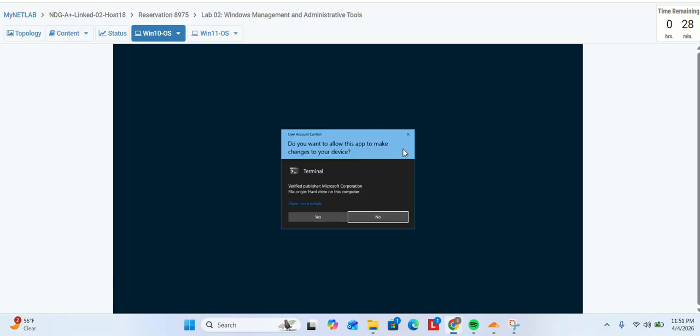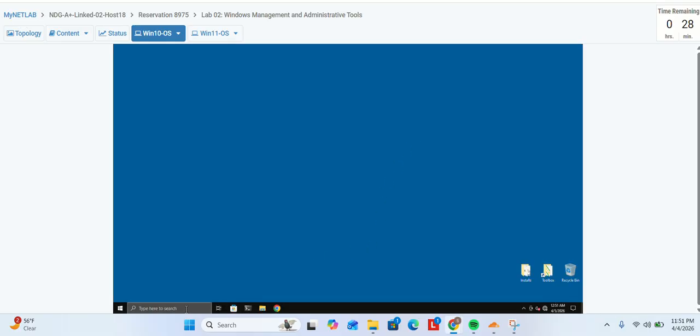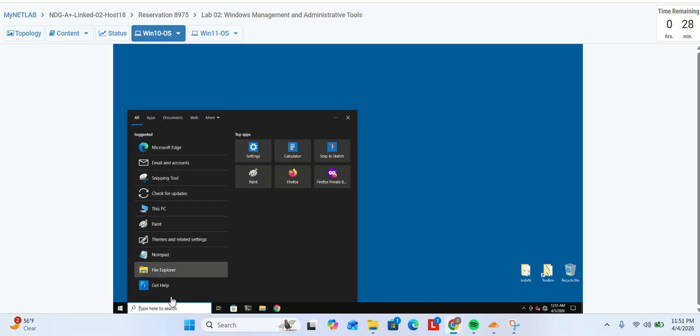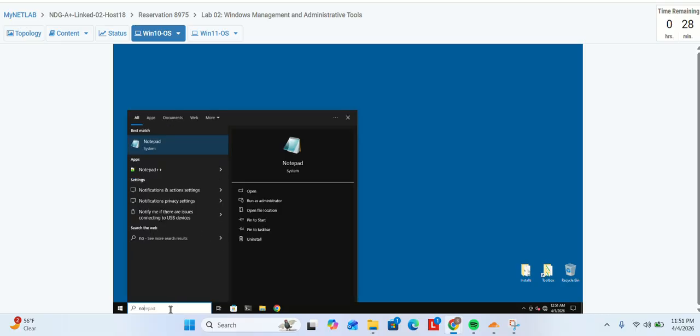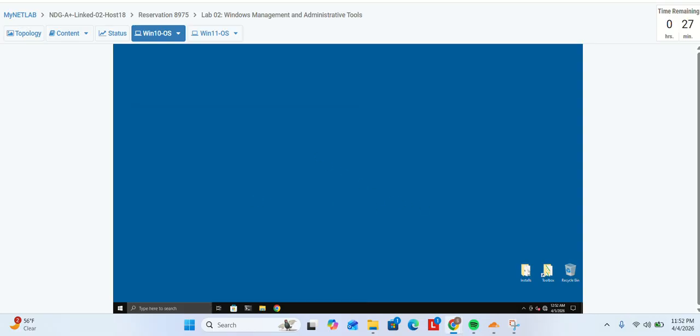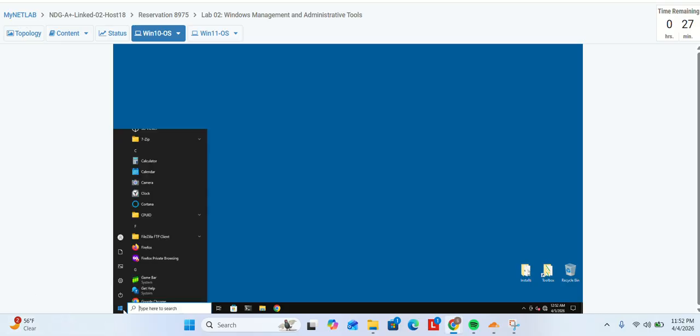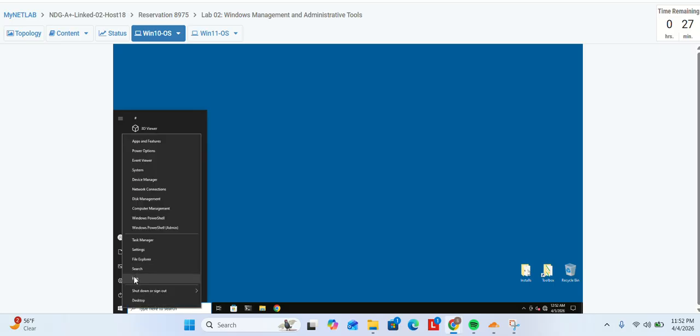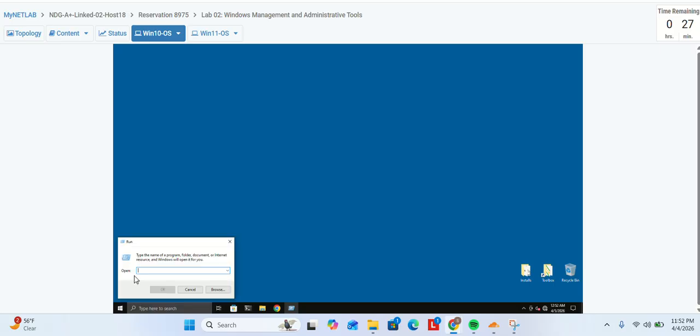So the notepad is... oh, that's a terminal. So I can see the notepad from the task scheduler, and after that I am leaving the open for Windows 10 for under tasks. So I am clicking the start button, and I am pressing the right click on it, then I am pressing run, and then I am pressing MMC,